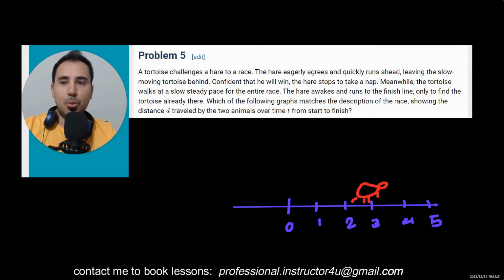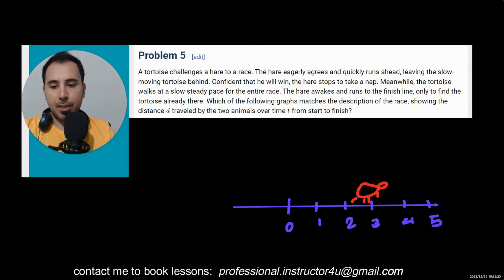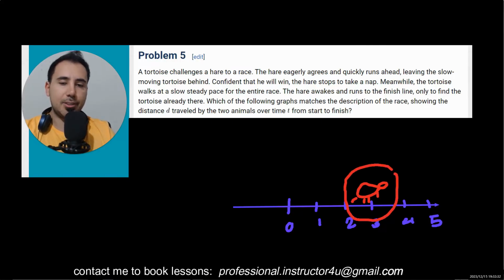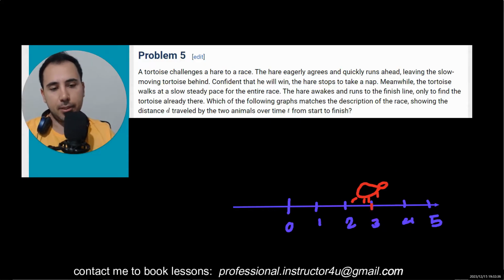Now, if you don't understand problem 5, I know why. Just listen to me. Imagine we have a tortoise. The tortoise is not moving. It's just sleeping at position 3 for 1 hour. Can you draw its graph? Now if I draw this graph over here,